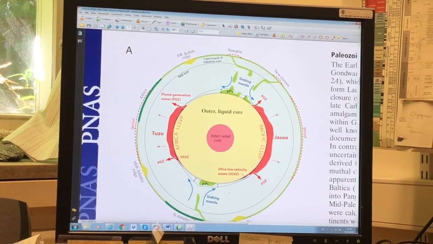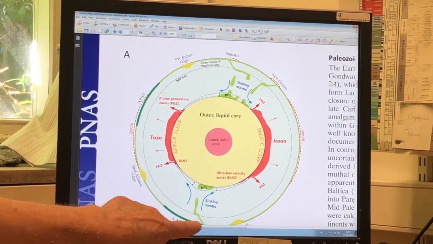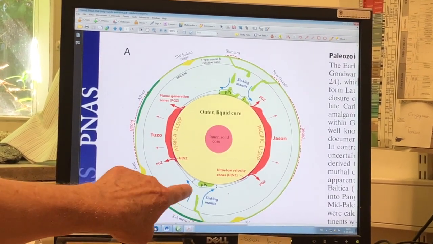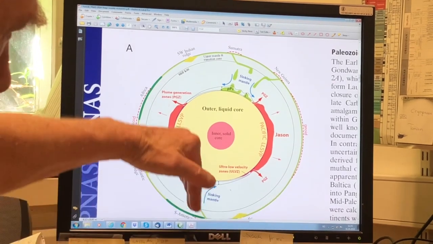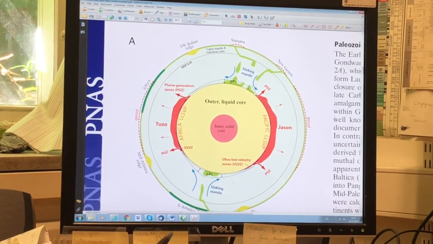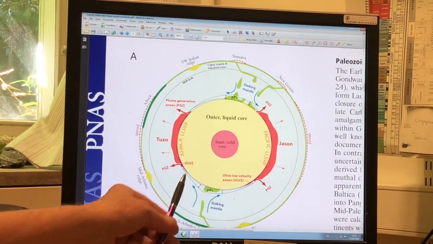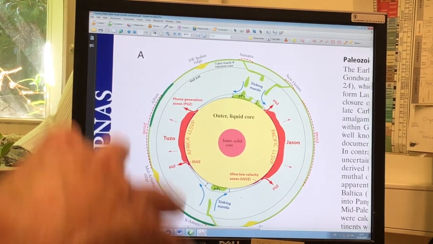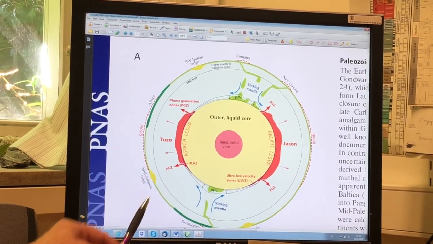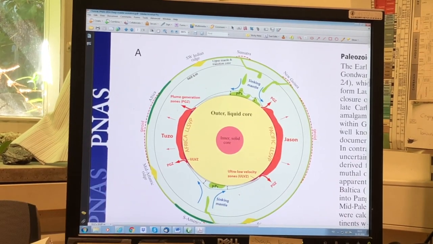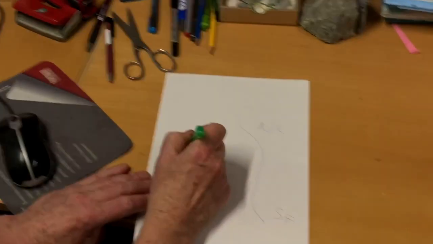So the material descends here. Here you have one of these subduction zones. The material is brought down, and eventually it melts, or it starts moving up. It gets lighter than the surrounding material until you form these plumes. And here you have Hawaii,